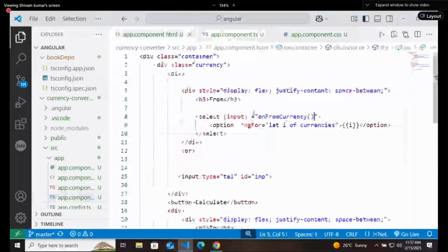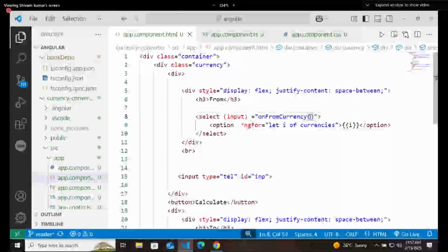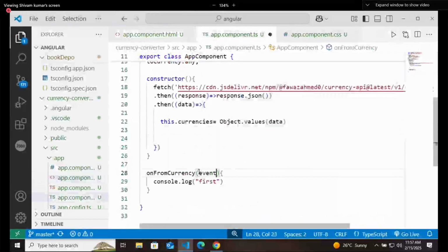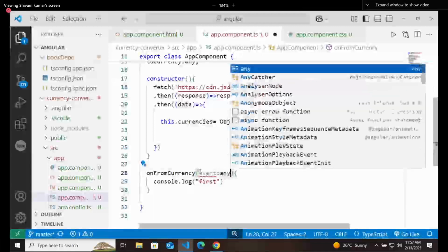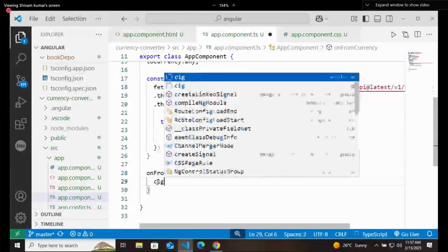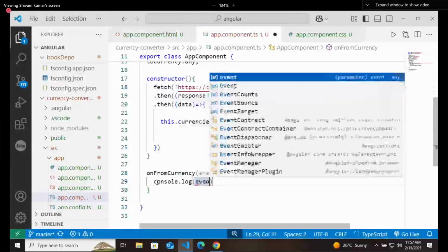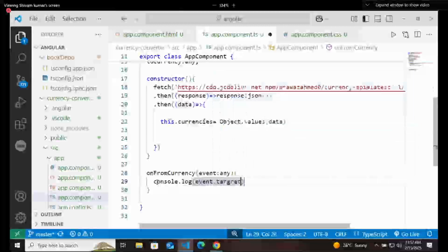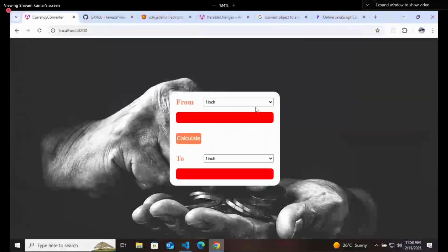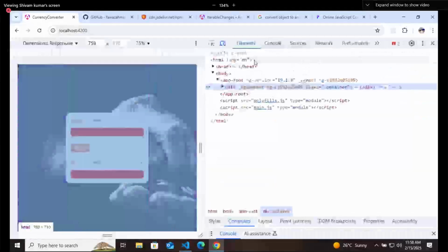For that, I will send this function with a $event. In TypeScript, this function is accepting one event of type any, and it will directly print the values here, that event.target.value. Now whatever currency you are selecting here, you should print that.